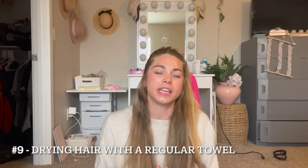9 is drying your hair with a regular towel, okay? Let me tell you, I still go to the hair salon, only twice a year, but they still take a towel and go like this, and it drives me nuts. I still do use a regular towel when I get out to squeeze out the extra water, and then I put my hair in a microfiber towel. I leave it in there until pretty much the towel itself is soaked, and then I take it out. A microfiber towel is so important because it is more gentle on your hair, and it helps absorb the water faster,